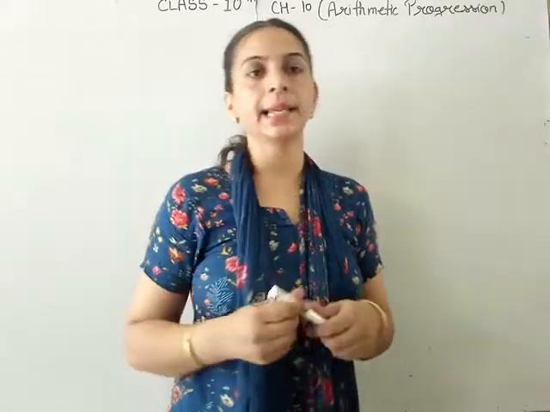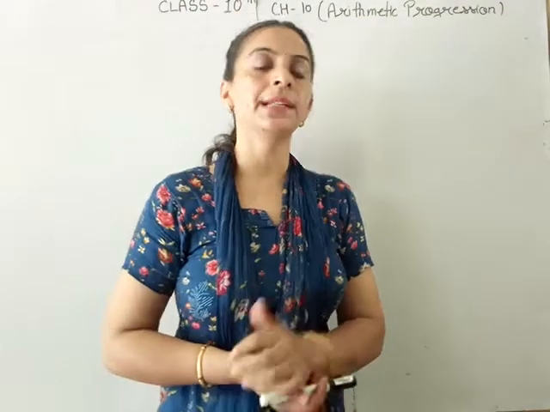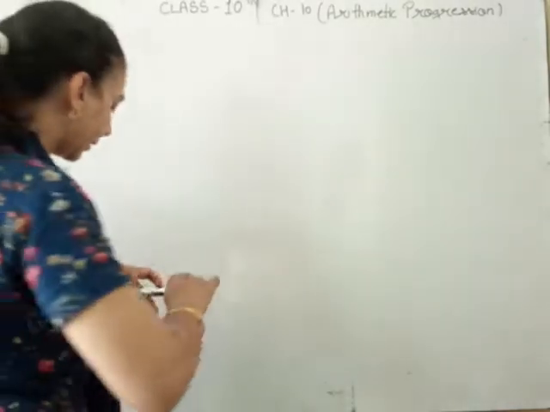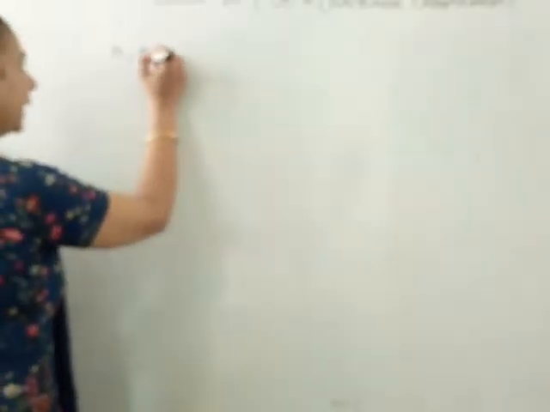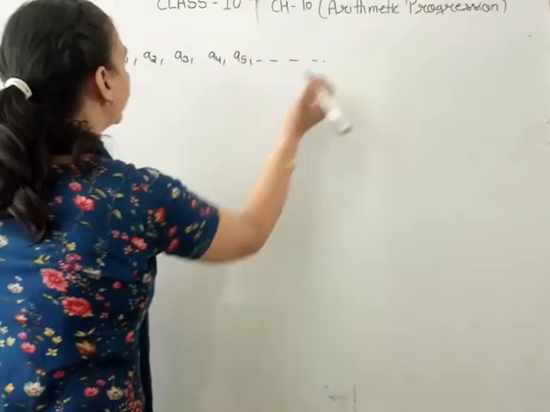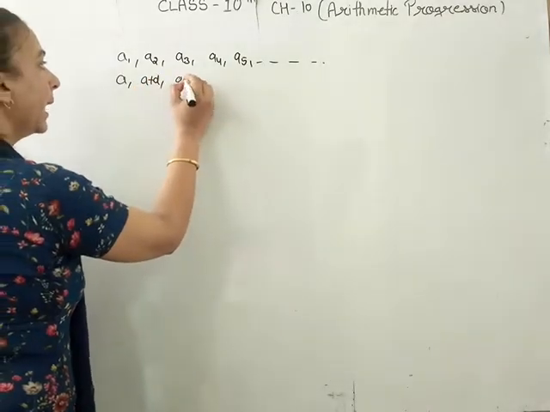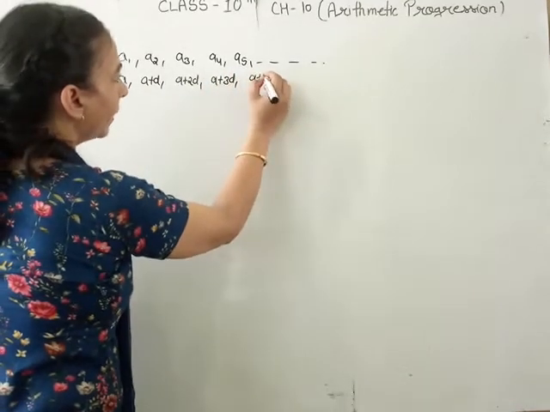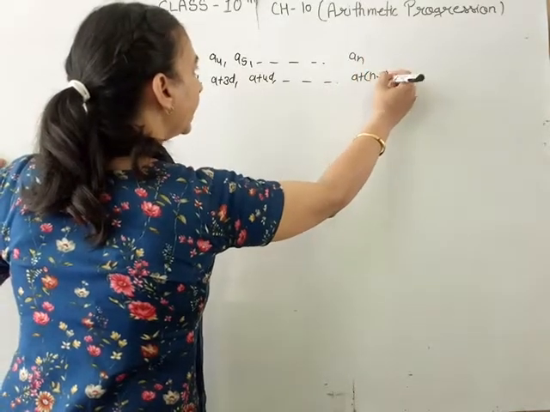Okay. For exercise 10D, students, if the sum of 3 consecutive terms is given, or the sum of 4 consecutive terms is given, then we take this type of term. Generally, we take the first term as A1 or A, second A2, third A3, A4, A5 and so on. The first term is A, second is A plus D, third is A plus 2D, fourth is A plus 3D, fifth is A plus 4D and so on, and the nth term is A plus (n minus 1)D.